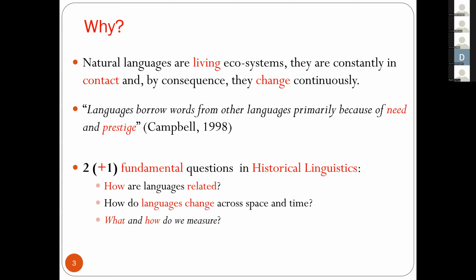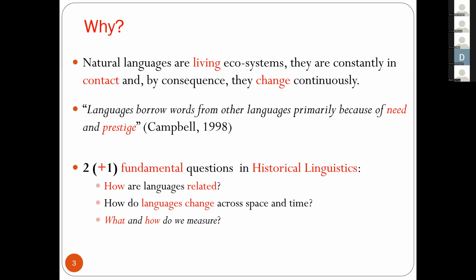Well, why do we have to investigate the behavior of natural languages? Because natural languages are spoken by living people. They fall in love, they hate, they like to talk, to travel, and so on. And by consequence, natural languages are living ecosystems. They are constantly in contact. The people are in contact, and they change